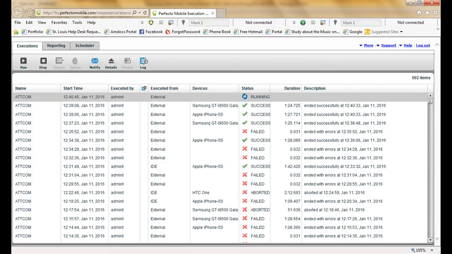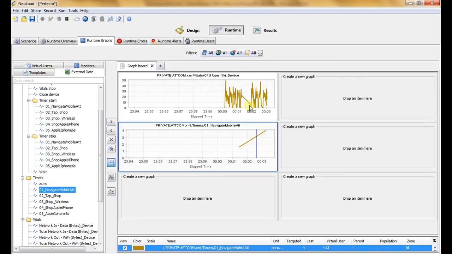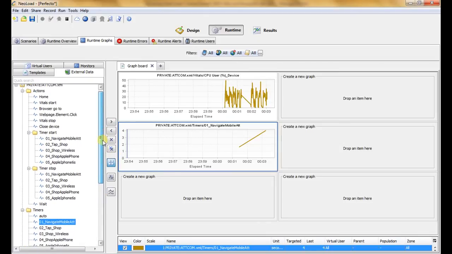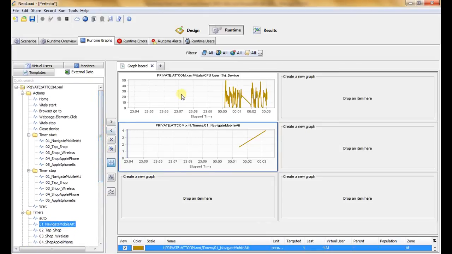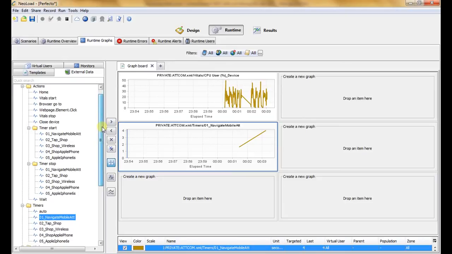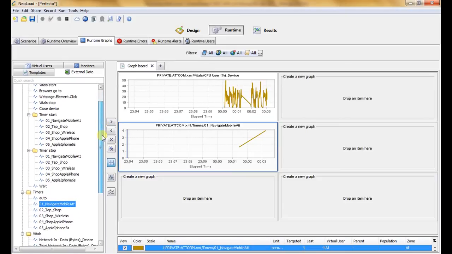And once we go to Perfecto, in the external data that Neoload is getting back from Perfecto through the data exchange capabilities of Neoload, we can visualize graphically the vitals that are provided from Perfecto back inside Neoload.